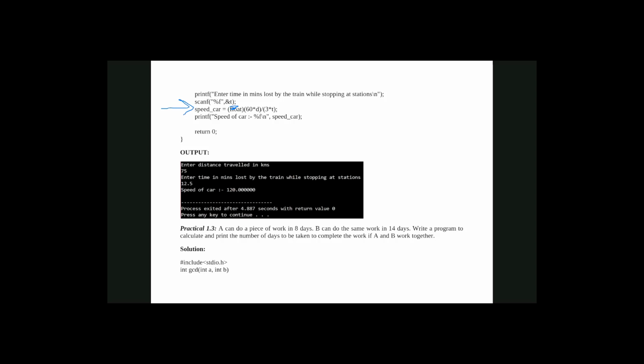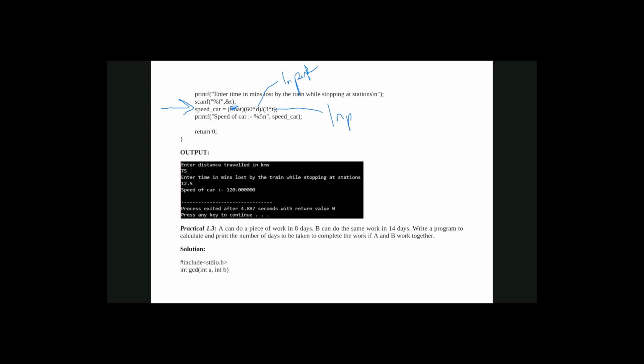So if this is the formula given to you, then this D is one input. This is one input. Okay, and this T is also one input.